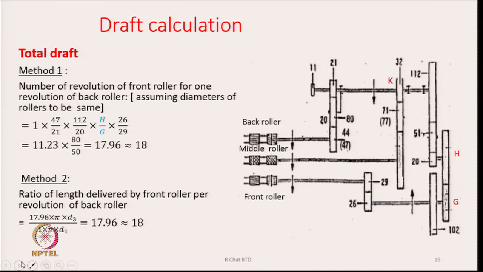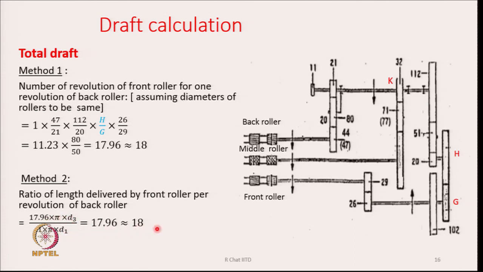That is the ratio of length, how much length will be delivered: 17.96 into pi into D3 divided by 1 into pi into D1. That is, if this roller is D1, provided D1 and D3 are not exactly the same. In the previous case, we assumed that the rollers are of the same diameter, but sometimes the diameter may not be exactly the same. In that case, we have to take into account the diameters of the front rollers and the back rollers also, and if we take them into account, this equation will come